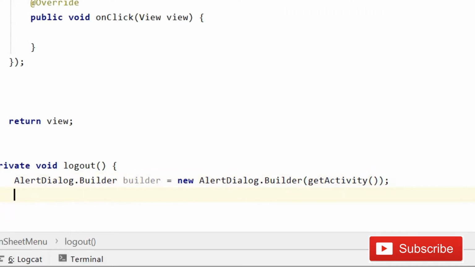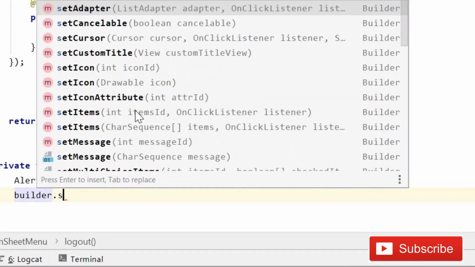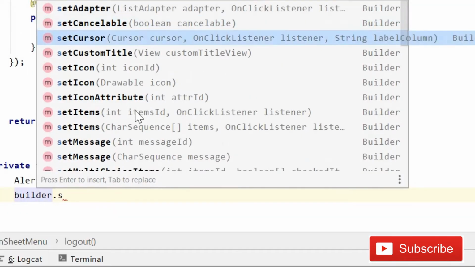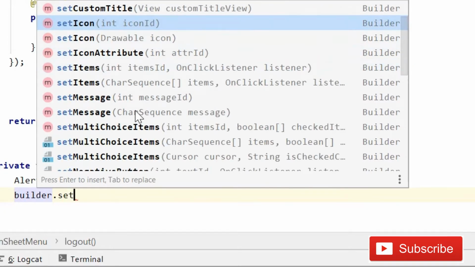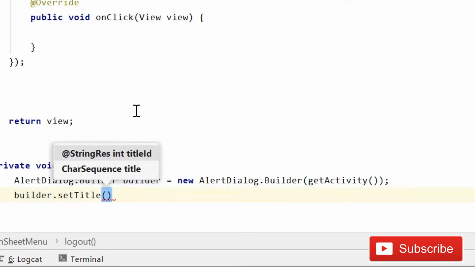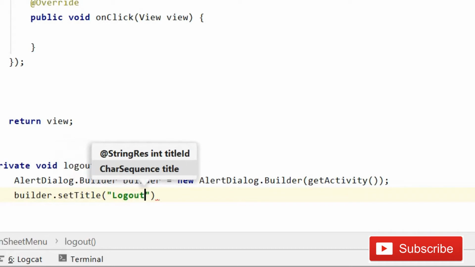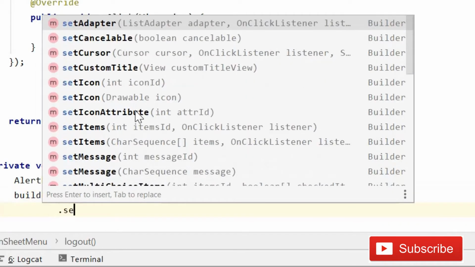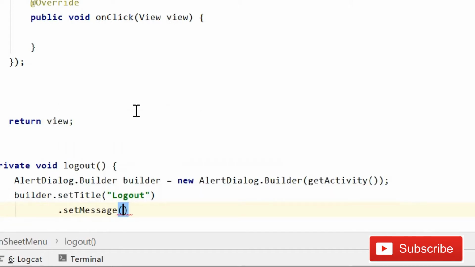And after this semicolon, and then here you have to write builder dot set title. So I think we should type set title, and title is going to be logout, fine, and then dot set message, and message will be are you sure to log out,